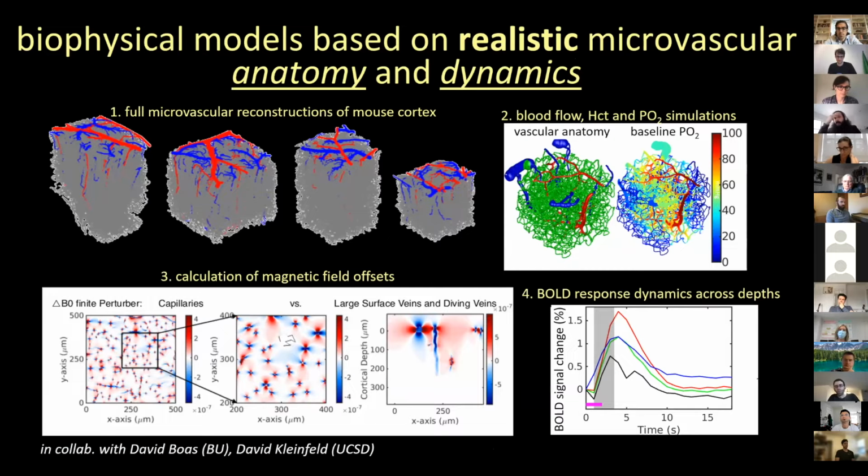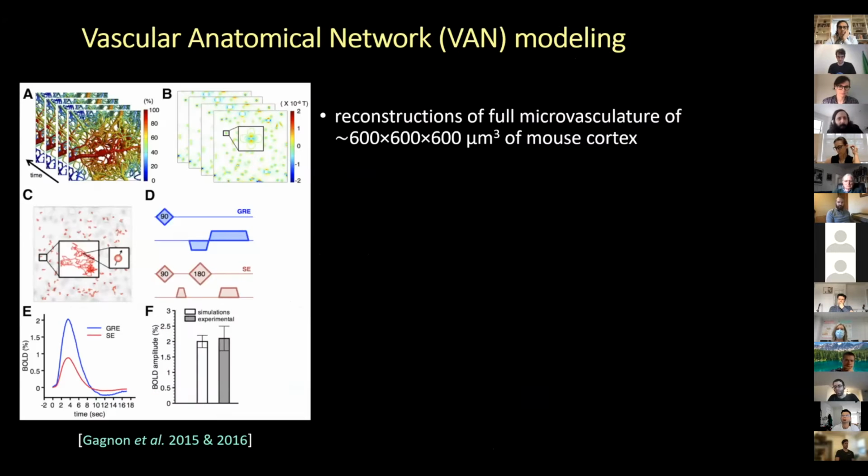Now, towards these goals, our group has been developing biophysical models based on realistic microvascular anatomy and dynamics. This is in close collaboration with David Boas and David Kleinfeld. So we start with the full microvascular reconstructions of the mouse cortex and lung spot. We compute blood flow dynamics and oxygen transport, then calculate the associated magnetic field offsets, and finally, the corresponding BOLD response dynamics. Now, this approach is called the Vascular Anatomical Network, or VAN modeling framework,